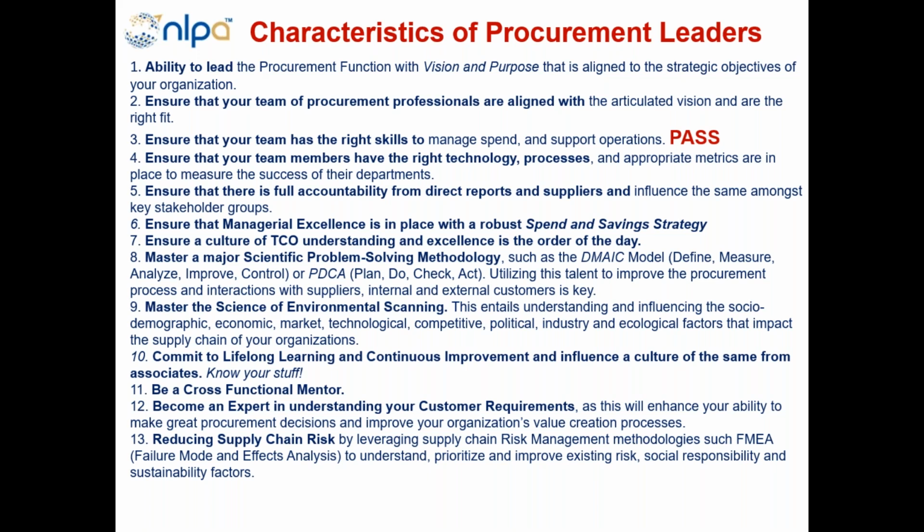The PASS program is something that's offered by Next Level Purchasing Association, and I recommend that if you're a procurement leader, you use it as a tool to ensure that you have the right skills to execute your procurement function. And again, we are responsible as procurement leaders to make sure that our people have the right skills, and to, of course, ensure that the teams have the right technology and processes, to ensure that there's full accountability,